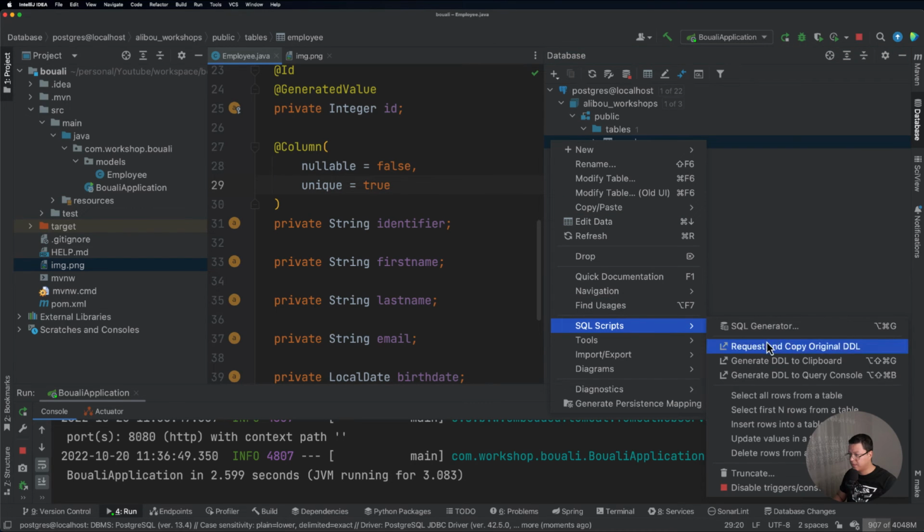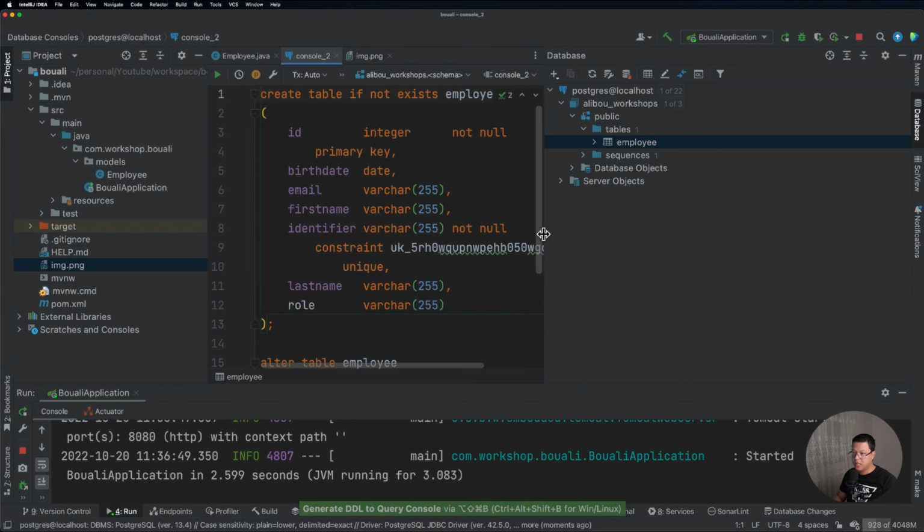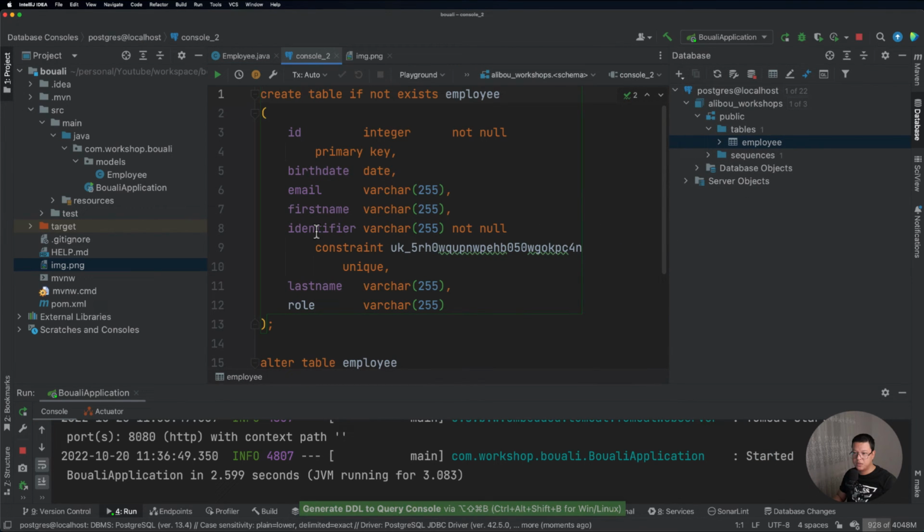So now I'm gonna select the same option, generate DDL to query console, and here, as you can see, for the identifier we created a constraint, and this is the constraint name or ID. It's something unique, and here we added also this unique keyword.